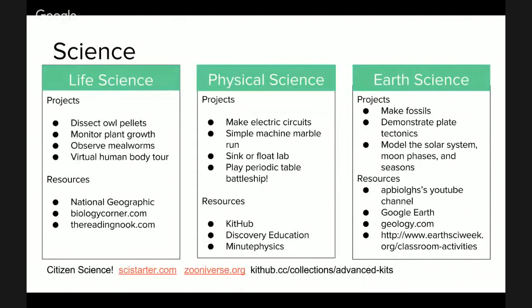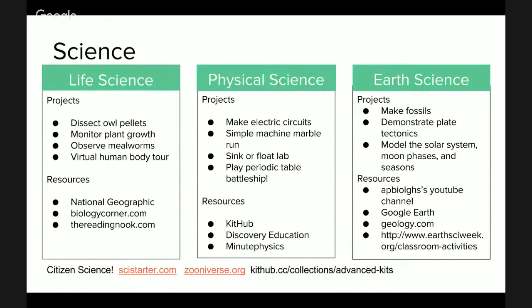We made a note at the bottom about citizen science because we weren't really sure what category it fit into, but it's something that's really important. I think especially a lot of younger kids get really interested in it because they want to know how to help the earth and how to help animals, and it's something that's really important to them. So we made sure to include some resources for that too.